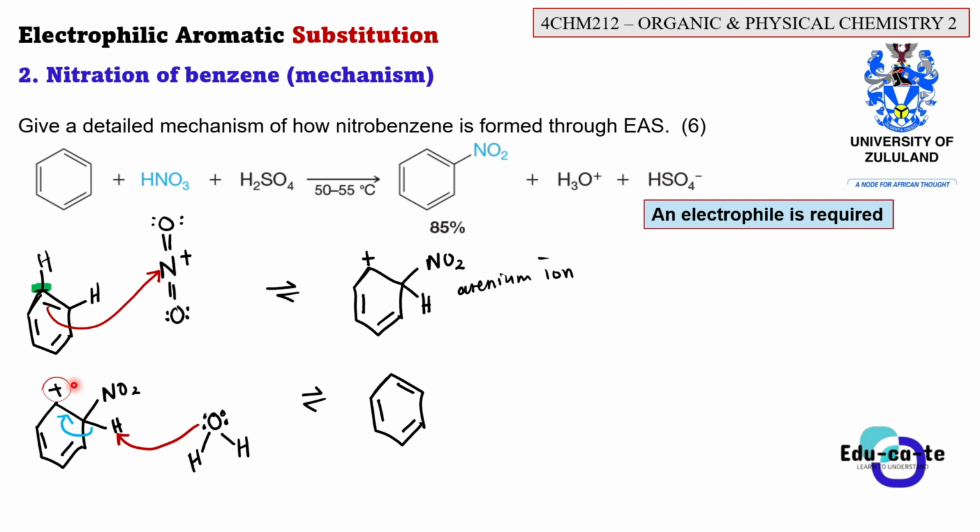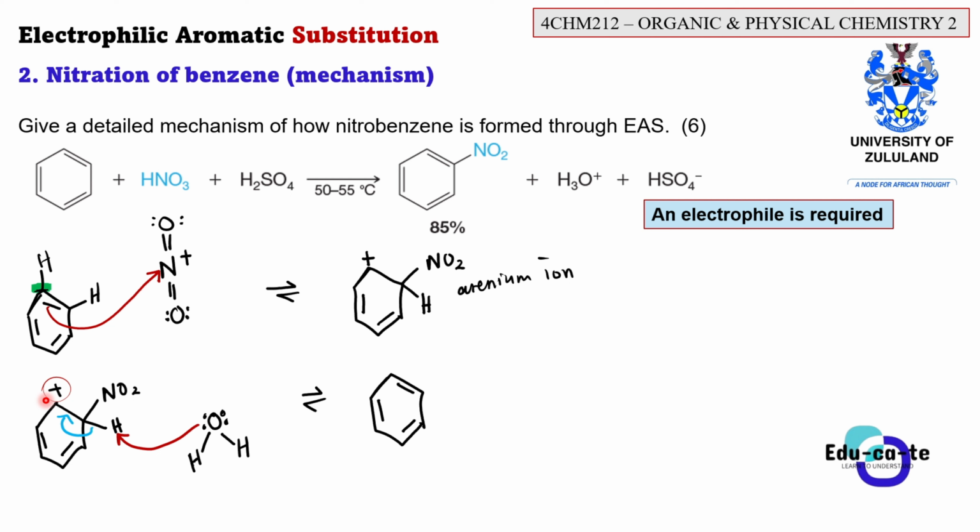Basically, when we're having something that is positively charged, it means that it has got an extra proton. So we need to deprotonate it. We need to take away the proton from it. Guys, this is common sense now for chemistry students. When something is positively charged, it means that it is protonated. It has got an extra proton. And usually the proton is the hydrogen atom, the hydrogen ion, I mean.